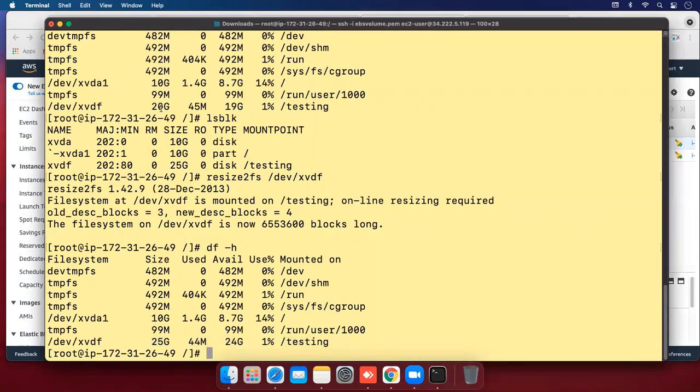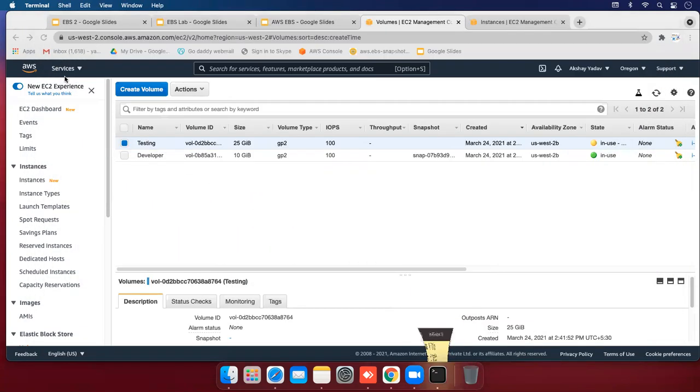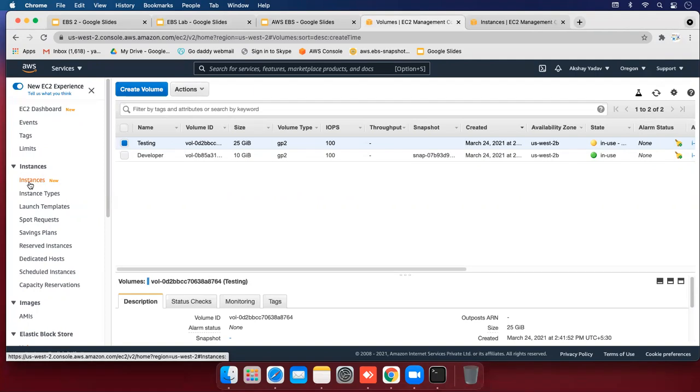Can I mount the same volume on another machine? The answer is yes, but we can use the disk on only one machine at a time.